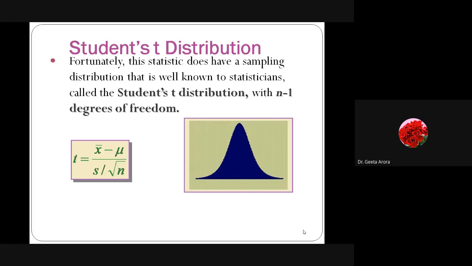Here we have the same formula, if you can see. Earlier we have written z is equal to x bar minus mu divided by sigma by under root n. And here we are working with s by under root n. It means whenever the population standard deviation is not known, obviously we can take s, but it will be very good if we are using t distribution in those cases instead of z. Correct? So what we have done, we have just replaced sigma by s and eliminated z and written t. Correct?